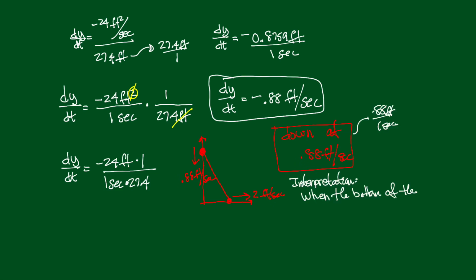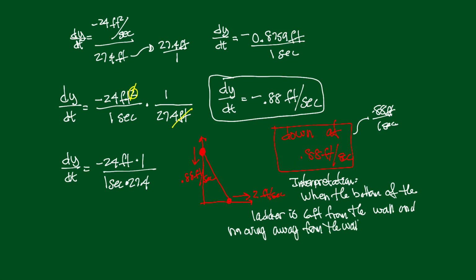So let's write an interpretation so we'd explain to somebody what that 0.88 means. How about this? Our interpretation: when the bottom of the ladder is 6 feet from the wall and moving away from the wall at 2 feet per second, the top of the ladder